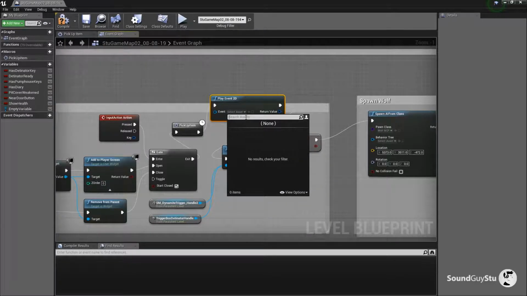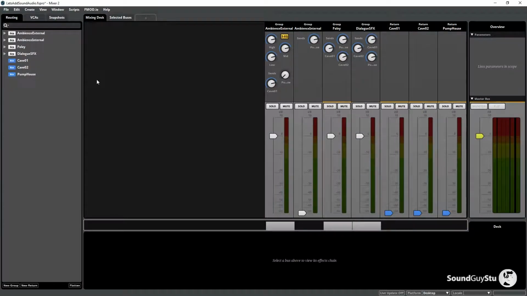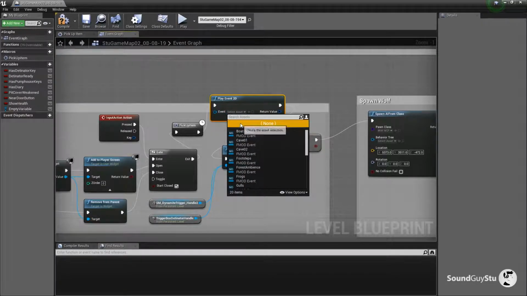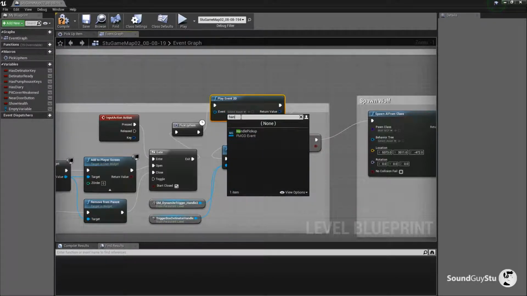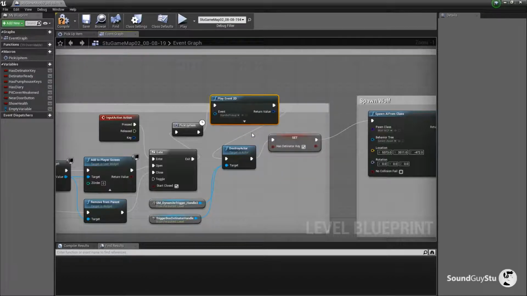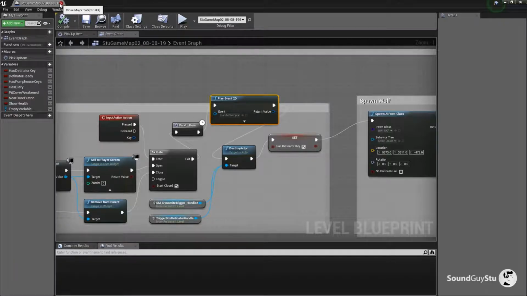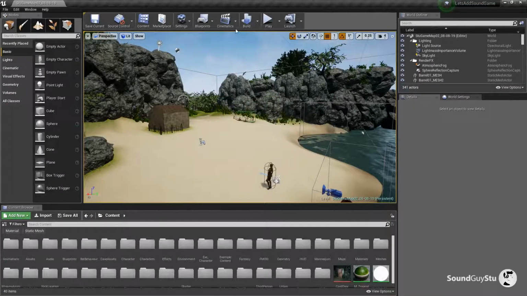Forgot to build. Let's go back over to FMOD, save and build. Unreal Engine. Handle, pickup, there we go. Compile and save. And now when I go and pick up the handle,